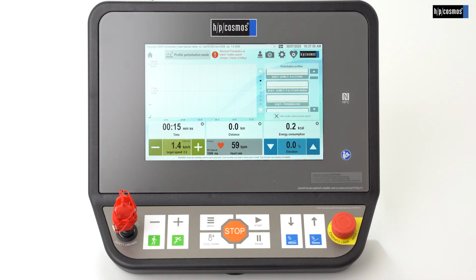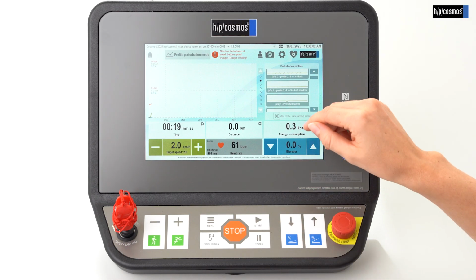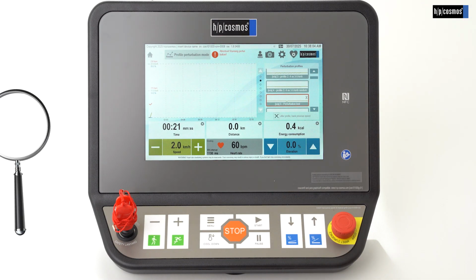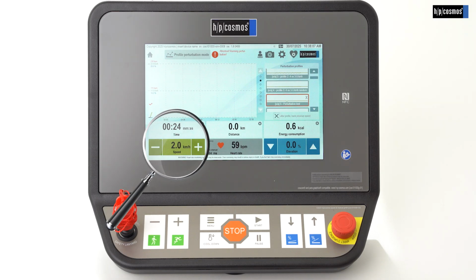If needed, scroll through the perturbation profiles on the right window. We see our newly generated profile on index 5. We start it and in the graph we already see what's happening. We have a full stop, go back to 2 km/h and have a mild slowdown to 1.5 km/h and go back to base speed.